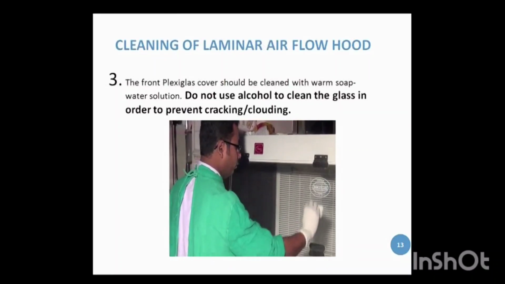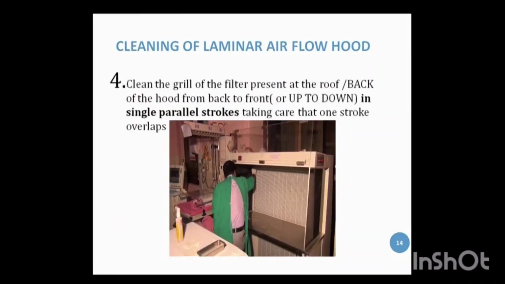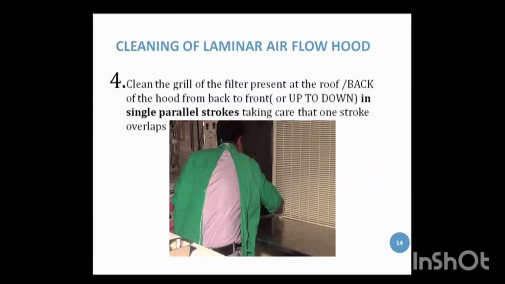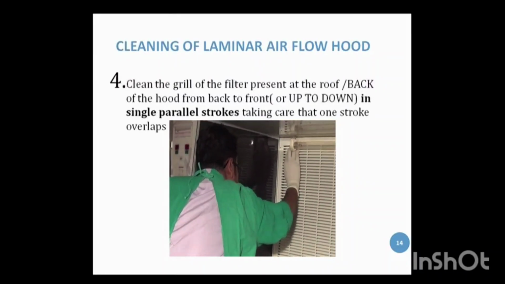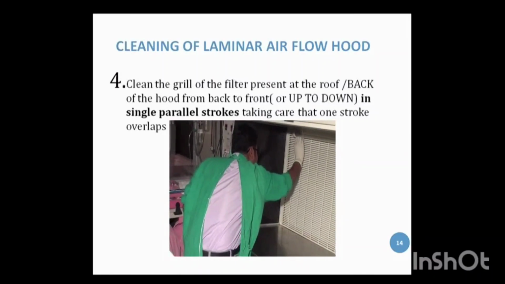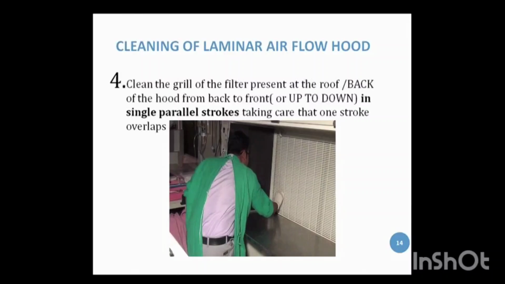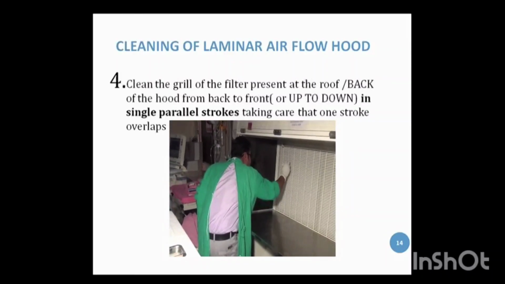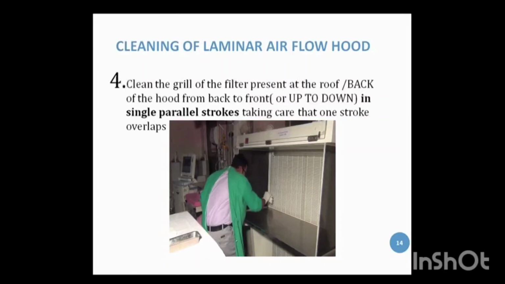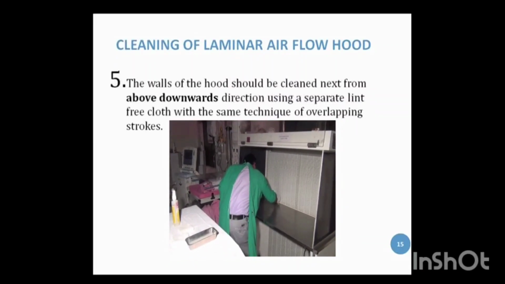For step number 4, clean the grill of the filter present at the roof, that is in the vertical laminar flow, or at the back, that is in the horizontal laminar flow, from back to front, or for that matter from up to down, in single parallel strokes, taking care that one stroke overlaps the other, using a lint-free